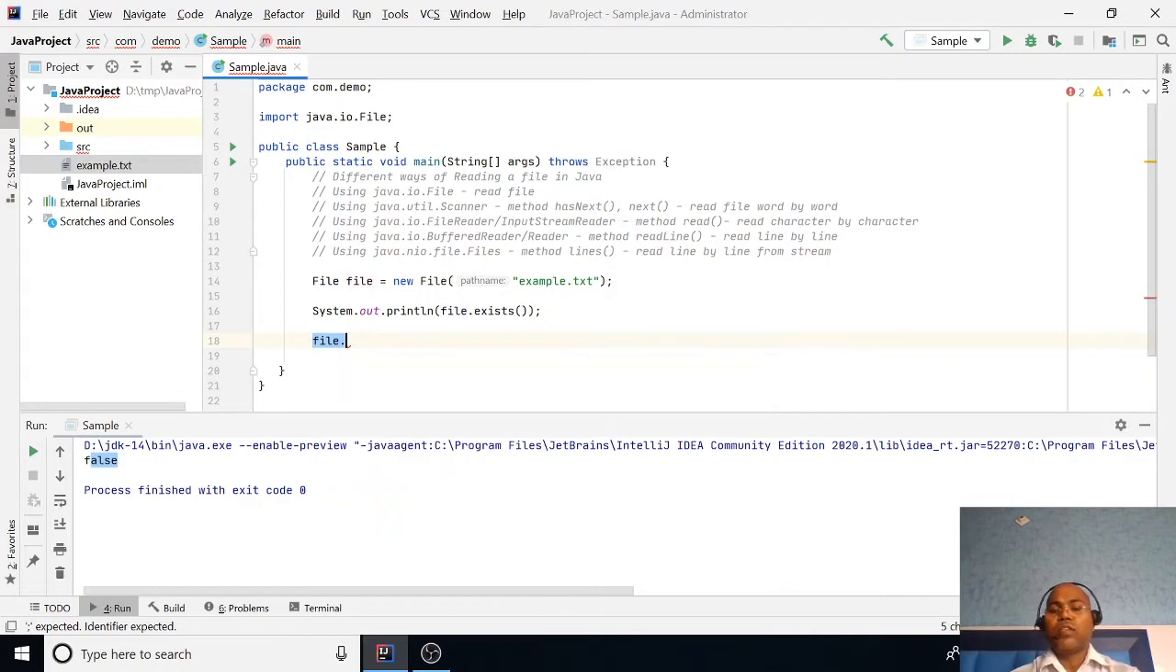so how will we read the content of these files? For reading a particular file, Java provides multiple classes to read the content of the file. Here we can demonstrate the Scanner class, FileReader class, BufferedReader, as well as the Files class. Here I am going to first discuss